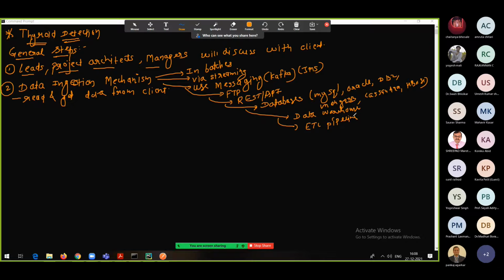After the leads and project architects decide, there will be a decision on the data ingestion mechanism. Data ingestion is nothing but how the data is going to be read and saved or fetched. And then the third thing is